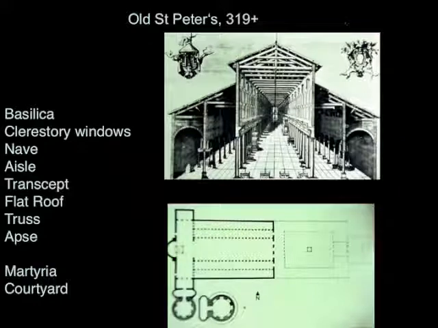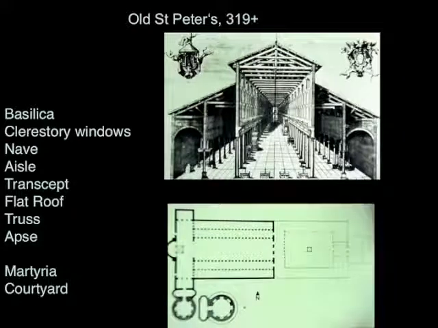So this is St. Peter's Basilica. And if we look at the section, this probably gives us a clearer idea of what an early Christian church looks like. There's a real thinness to this compared to the heavy masonry that we saw in Roman architecture. And a lot of that has to do with the fact that we're no longer using complicated vaulting, but we're using a much simpler technology, which is wooden trusses. You get a flat ceiling because of the wooden trusses. You get a kind of thinness because the wooden trusses aren't all that heavy. And a lot of space for circulation, a lot of space for the pilgrims to assemble and for liturgical processions to take place.